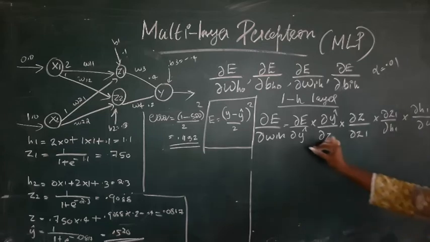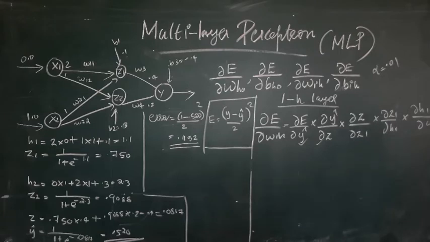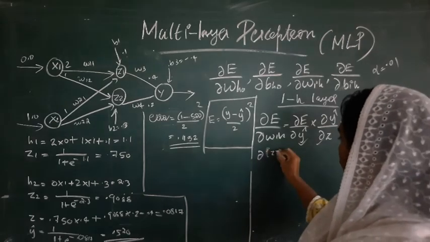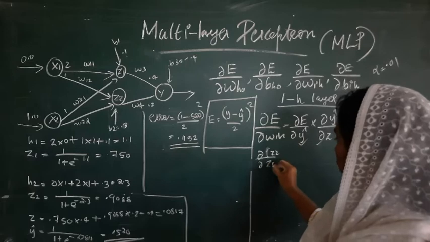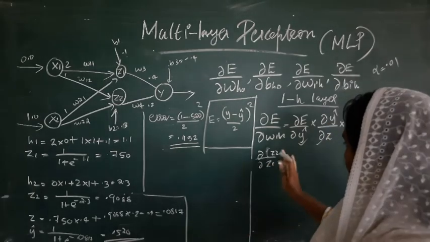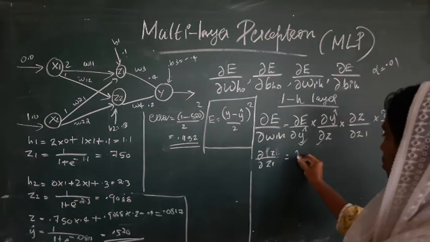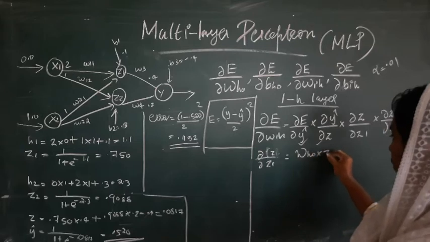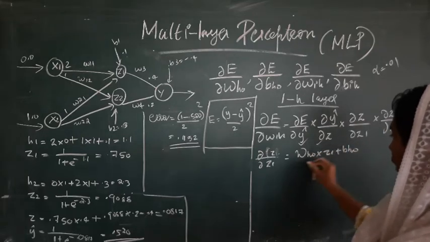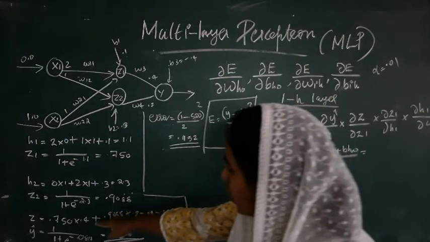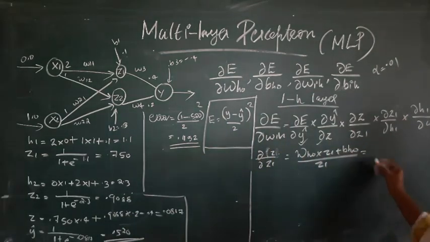Okay. So the first two parameters are something that we already know. We haven't made any changes to that. So the next thing is dou z by dou z1. See, z divided by z1. So you know that z is actually a weighted sum of the z1 values, right? So W3 into z1 plus B3, differentiated with respect to z1, is how we obtain it. Because the value of z is the weighted sum of the z's, right? So W3 is the result here.